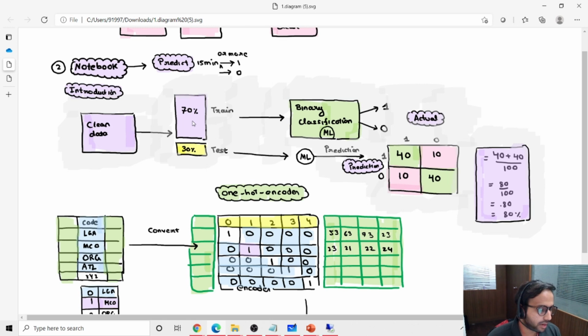And we basically are doing binary classification on 70% of the data, because we have two classes, 0 and 1. One will be like delay was beyond 15 minutes, and 0 means delay is less than 15 minutes. And with 30% of the data, we are doing the testing of the model. This is a binary classification model, so the metric which we are using to check how it is performing is the confusion matrix. And the confusion matrix is one of the easier ones to look at, because it creates this crisscross matrix where actuals are there on the top and predictions are there